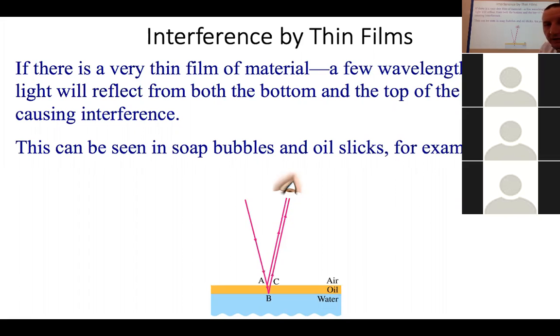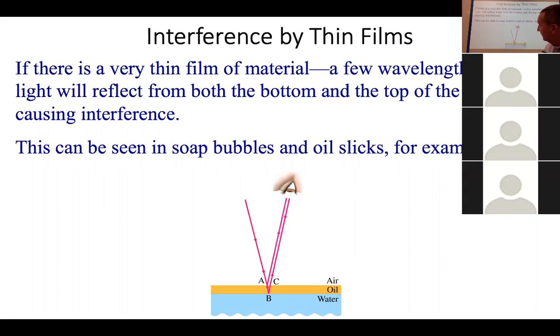It then reflects back and then refracts out of the oil and into the air and into your eye. So if that oil is so thin that it's a wavelength, let's just make it one wavelength thick,